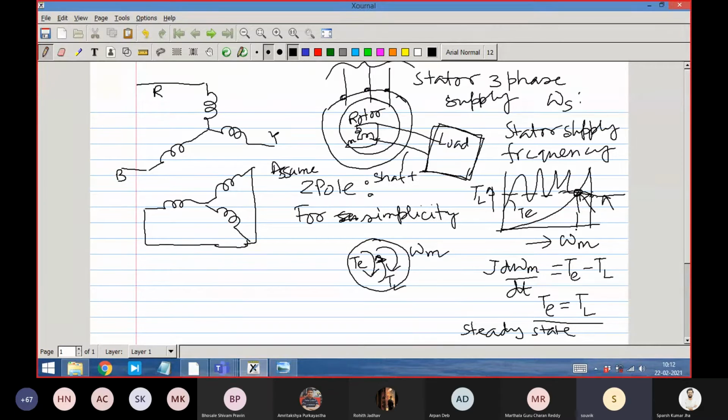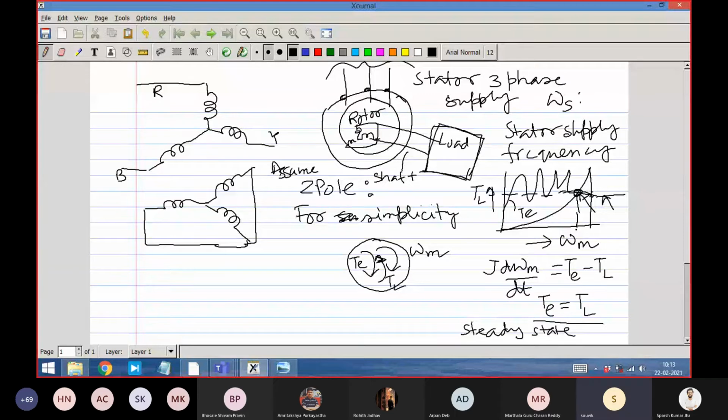If it gets deviated for some reason, let me assume that it has deviated, but that deviation is producing a dynamic state, and the dynamic state direction is proper, correct. That means speed increased, the dynamic torque is then negative, overall torque on the rotor is negative, shaft is negative, and the speed decreases. And if the speed is for some reason reduced, the electromagnetic torque becomes more than the mechanical torque or the load torque, and therefore it will again come back to the steady state speed.